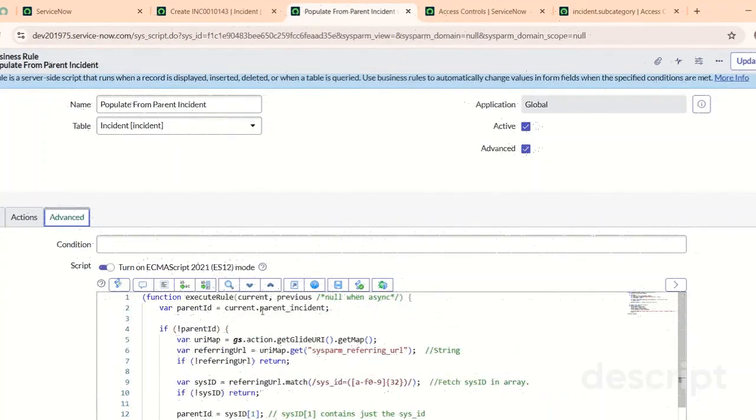Okay. So if the parent incident value exists, put it as a parent ID. It's quite simple. But what if it doesn't exist? In case of a new record, when you are clicking on the child incident new button, the child relatedness new button, in that case it's a new record, right? So the value exists in the URL. So there is a method called